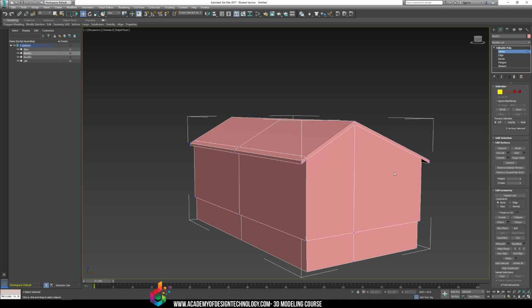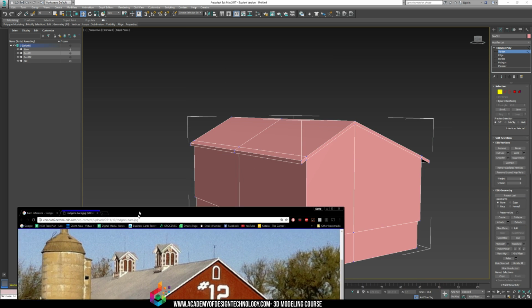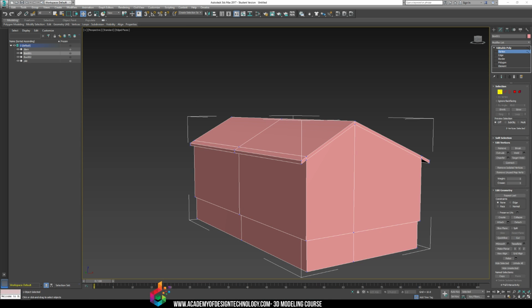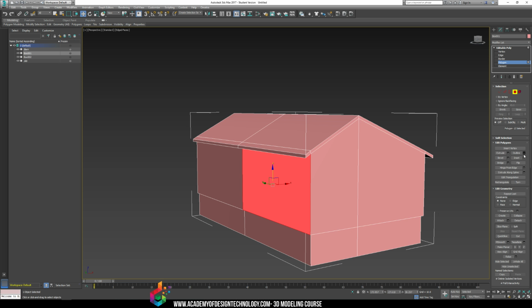So it doesn't need to be 100%. But if I build the base part of the barn, you can see now that's starting to match pretty close. So now I need to do an inset on this side of the wall here. And it looks like there's some sort of delivery or sliding part of the shed. It looks like it pushes inward a little bit. So I'm just going to add a small inset here,